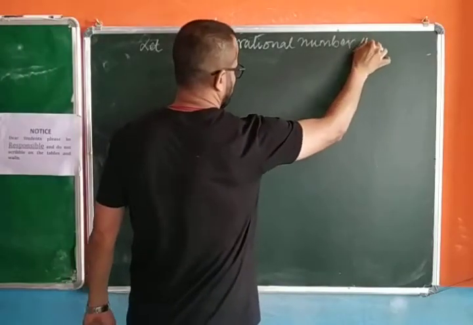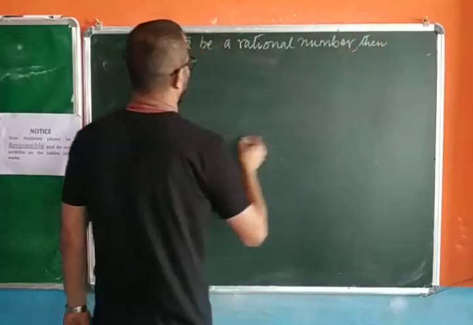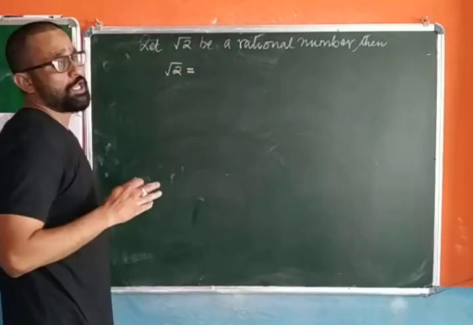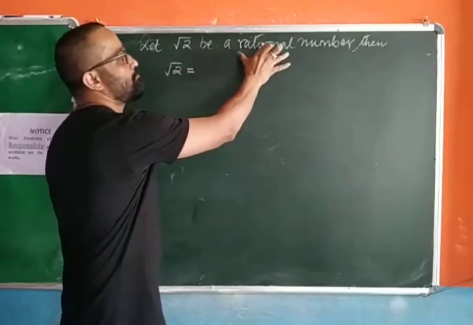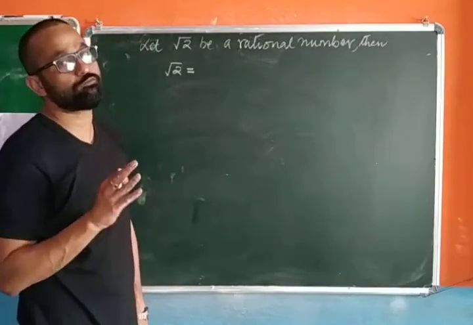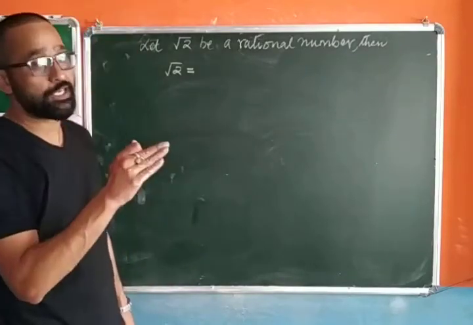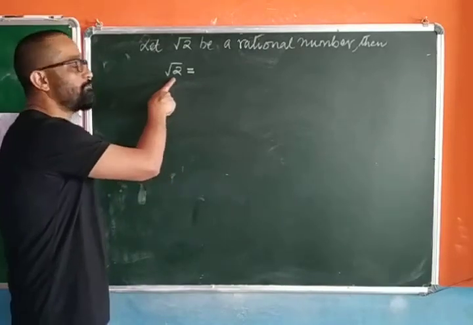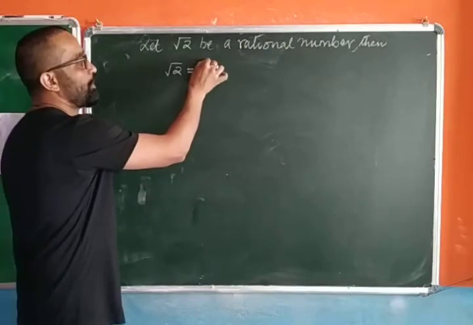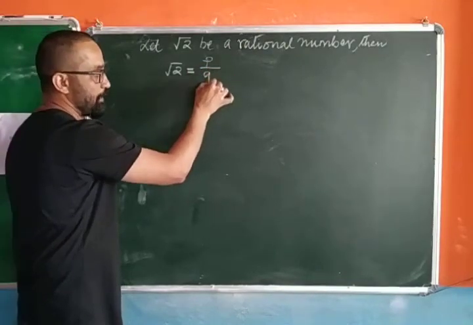Then root 2 is equal to p by q, because the definition of a rational number tells you that it can be represented in the form p by q. Since we have assumed root 2 is a rational number, we write it as p divided by q,